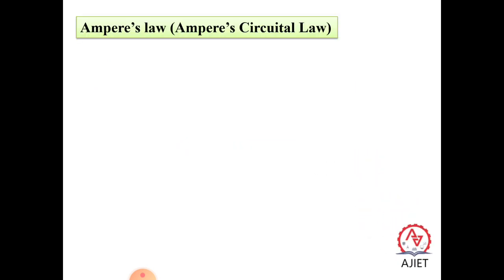Next we can see Ampere's law, or as some people call it, Ampere's circuital law. Ampere's law, in addition to the Maxwell equations, states that a magnetic field can be generated in two ways: either by electric current, as you know, whenever there is movement of current it gives you the magnetic field, or by changing the electric field. That comes as a displacement current in addition, which we can see later.